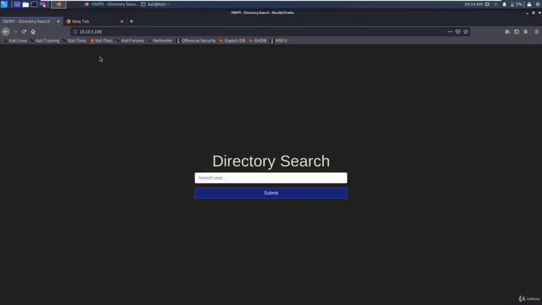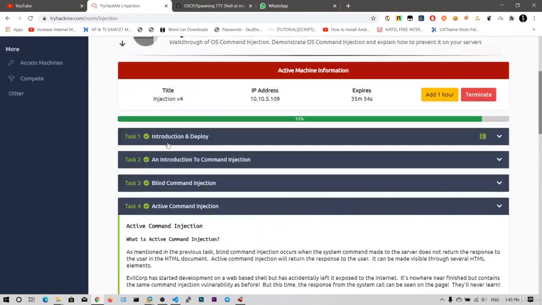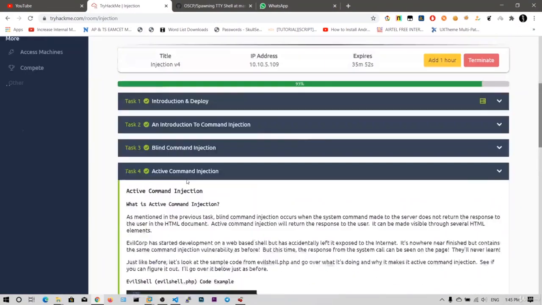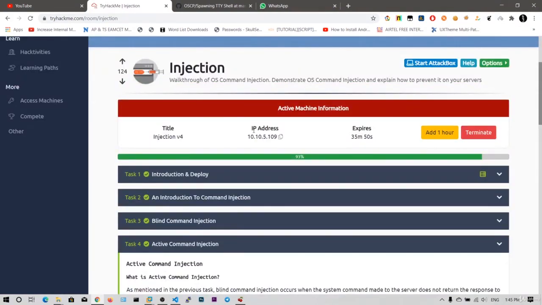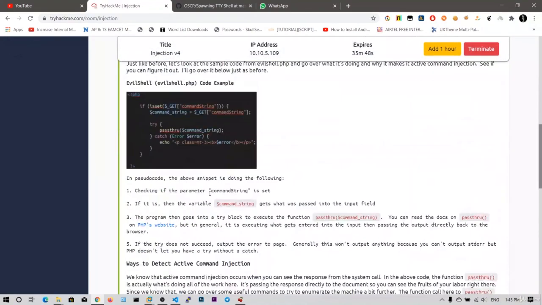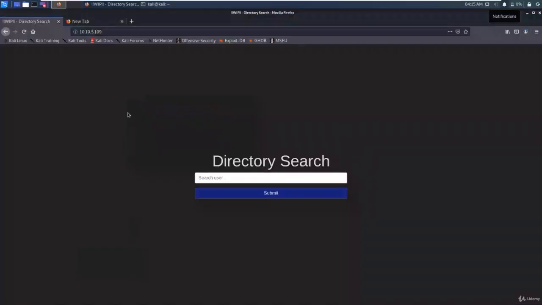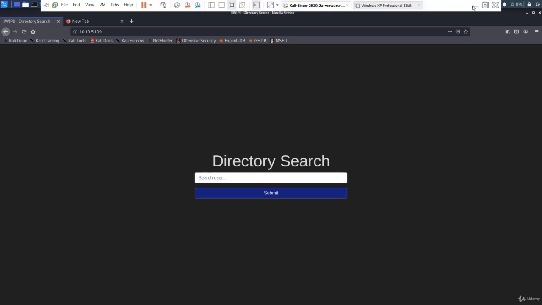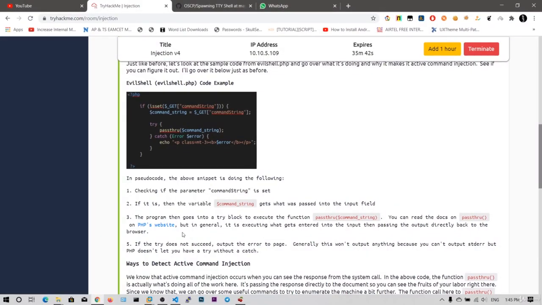So guys, in this video we are going to see how to spawn the TTY shell from the normal shell. I have this TryHackMe open and the injection is running on the injection room. We have already seen this walkthrough. We just stopped at getting the normal shell, but in this video we will upgrade to a TTY